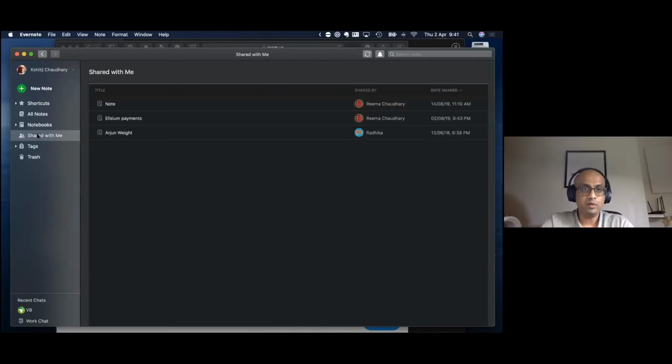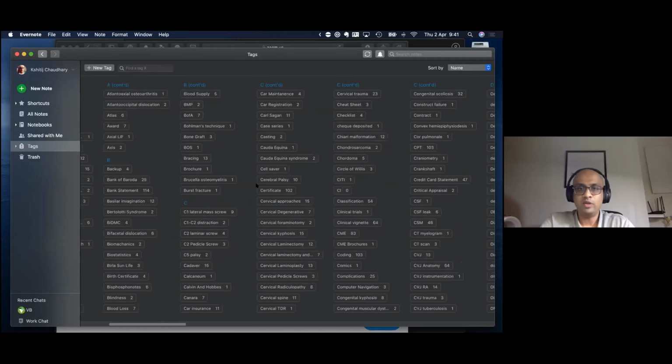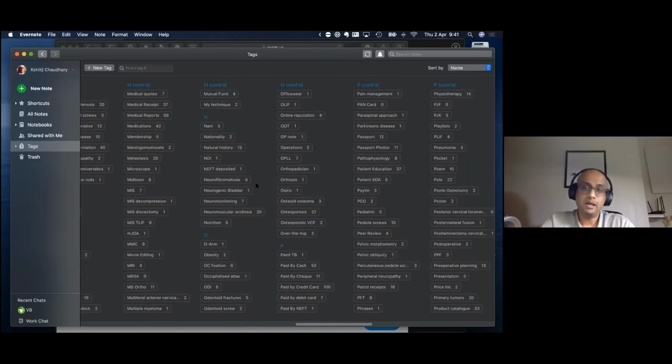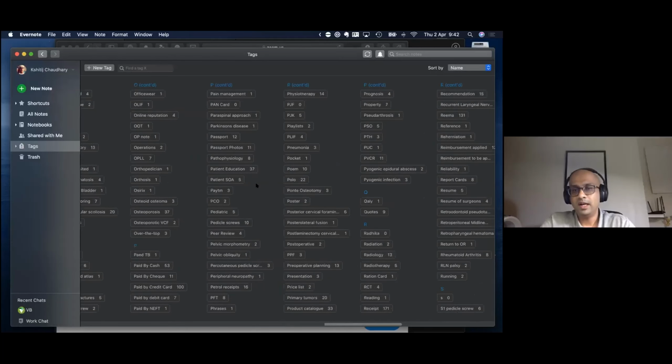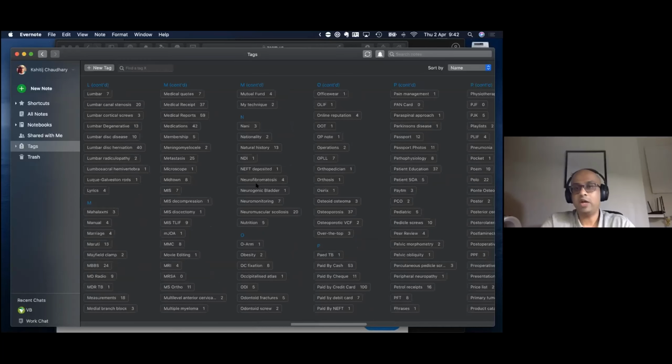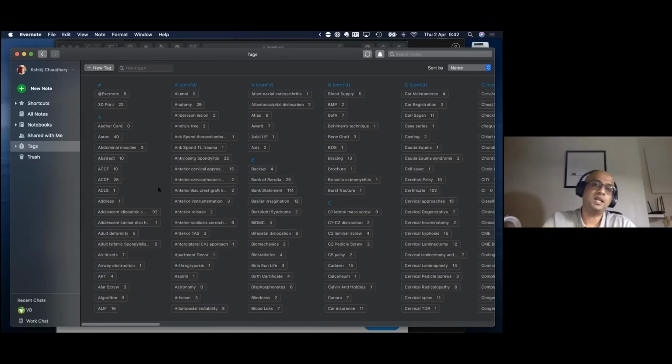The third is shared with me. That means these notes are shared. These notes are shared with me on Evernote by my wife. And these are tags. Tags are like keywords. Like, you see manuscripts which have keywords to them so that they can be easily searched. So I have about these many keywords to my notes. It helps me find these notes quickly. I have been developing these tags over the years, and throughout my system, on Apple, Mac OS and iOS, there are the same tags which I use. So they're easy for me to search.